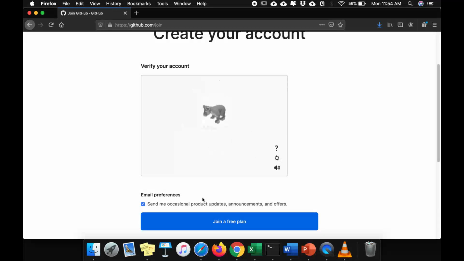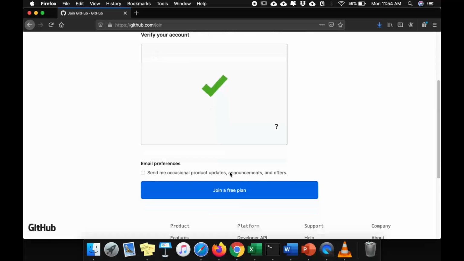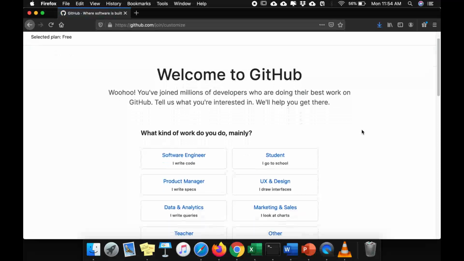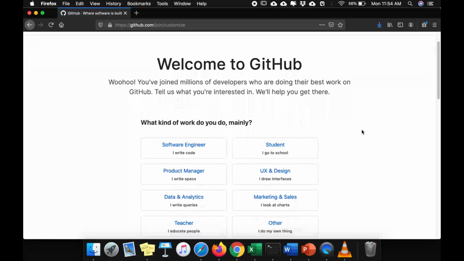So this is done. It asks me for my email preference, if I want some emails on which I can get updates regarding the commits and offers and announcements. So I'm not opting for it, and then I click on join a free plan. And congrats, our account on GitHub is created.